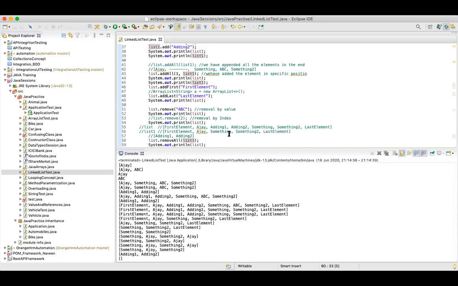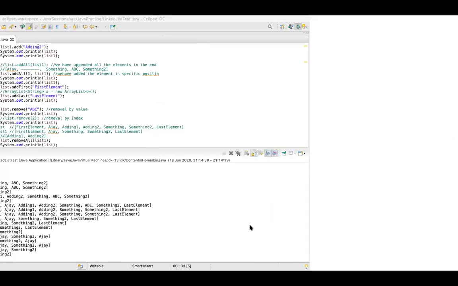Again, you won't observe the difference when practicing, because you'll create an array list and a linked list and add maybe 5 to 10 or 50 elements. But when we have a huge amount of elements and perform these operations, then you will see some differences.